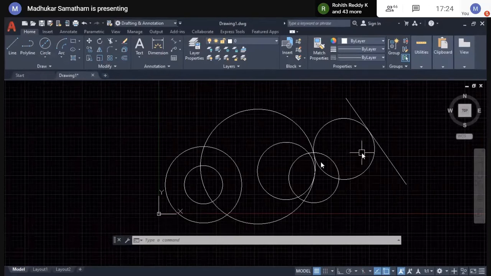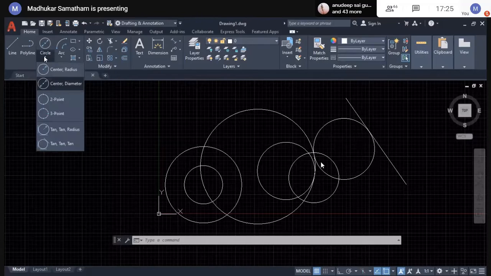to construct a circle. In electrical or mechanical, or in civil also, we face small problems like this. Our wall is different at a certain distance, and another entity is at a certain distance. We would like to construct by joining those two tangencies. We don't know the radius. Then we can use this TTR option, or to check whether the radius clearance is there, we can also construct with this TTR option.